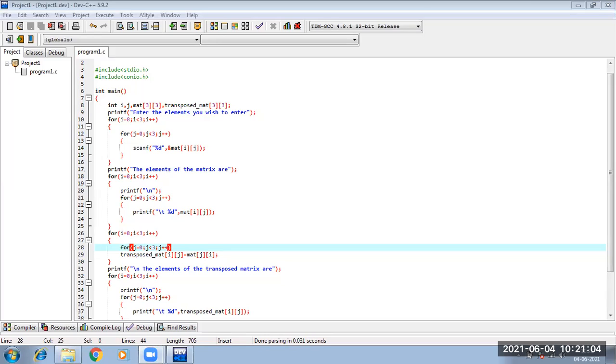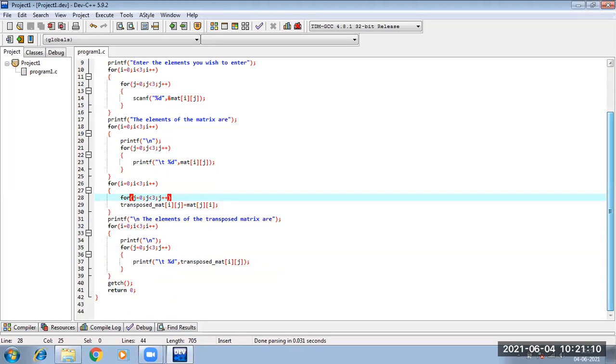Okay. Okay, I am scrolling down. Fine. Okay, I have scrolled down. Okay, so this was all about this array concept which was there in your syllabus. I hope you have understood it.